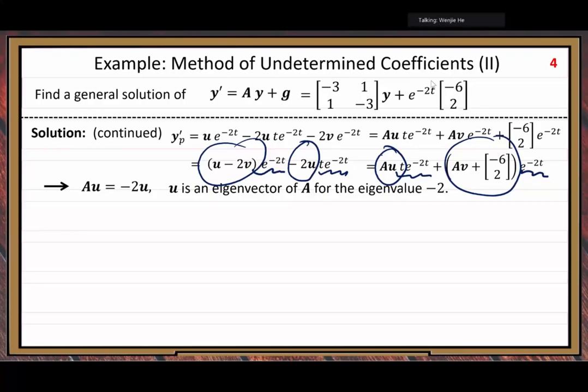By the definition of eigenvalue, eigenvector, from this equation, you can see U is just an eigenvector of A under the eigenvalue negative 2. We found that eigenvector in the previous step. In the homogeneous step, we found one eigenvector, but this U, the eigenvector we found is just one of